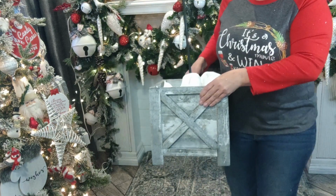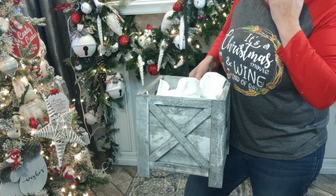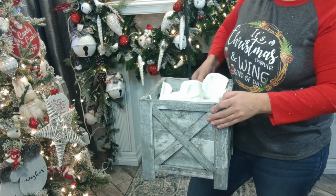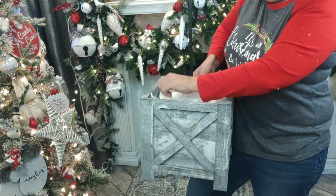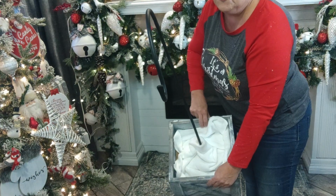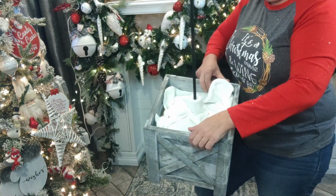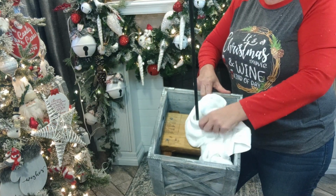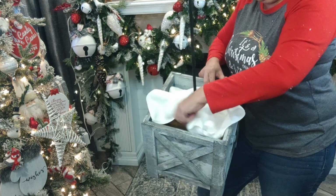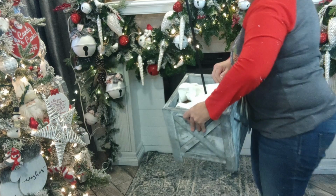So this planter here was from Michael's last year, I want to say spring. I had the idea of putting Christmas trees in them, but I thought I had enough trees as it was, and so I'm using a crook from the garden that is supposed to attach to a deck railing for you to hang a plant from, but my husband made some wood base inside it for us to put the clamp on there instead, and then we fill it up with a little piece of cloth to hide the bottom piece,